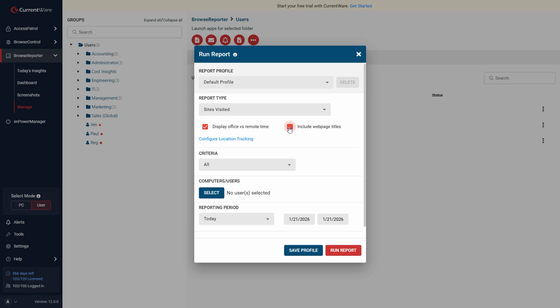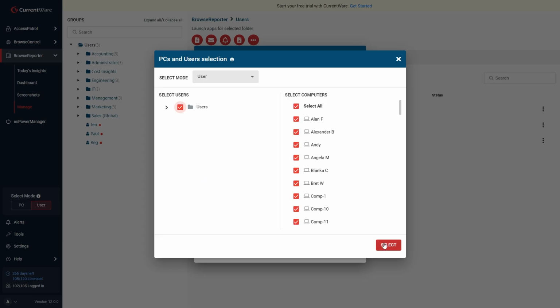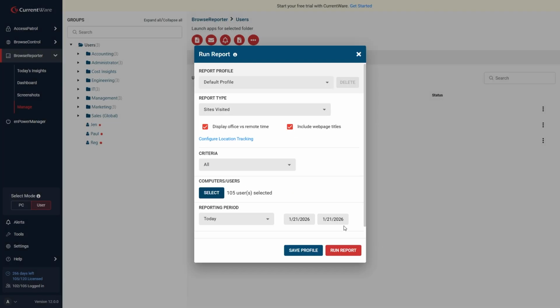Select the users or computers you'd like to include in the report. When you select the user mode, it'll include all PCs used by that user in the report. If you select PC mode, you'll run reports on that specific PC, referencing any user profiles that have used that PC previously. Choose the reporting period to limit the data to a specific time period, such as today, yesterday, the last N days, last month, a custom date range, or all time. Expand the additional settings to set data sorting preferences, omit users with no data, and whether or not to include idle time in the report.